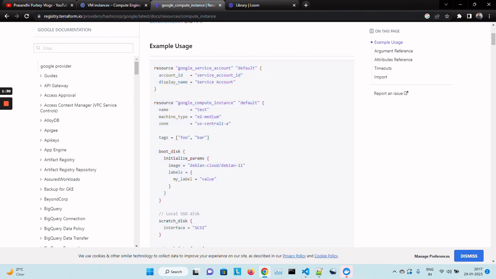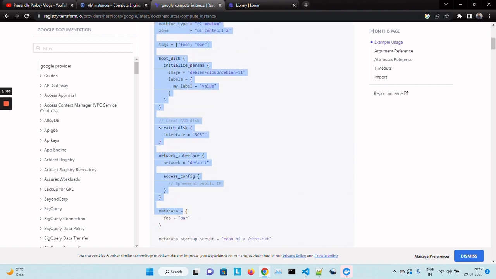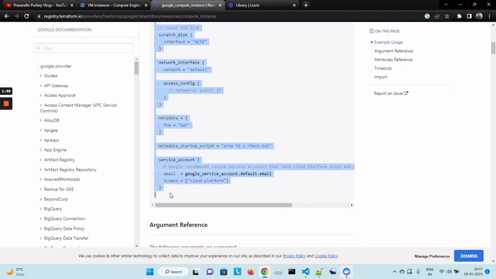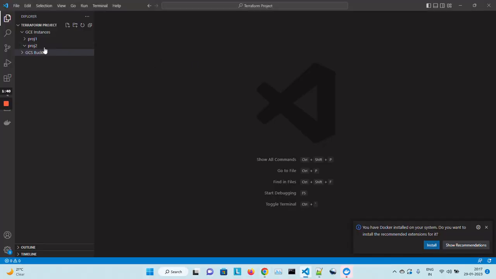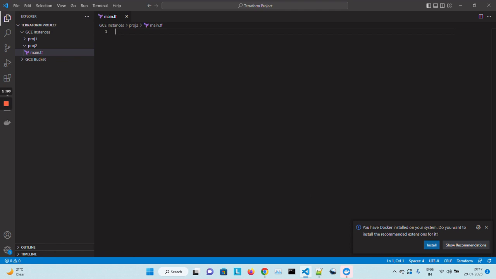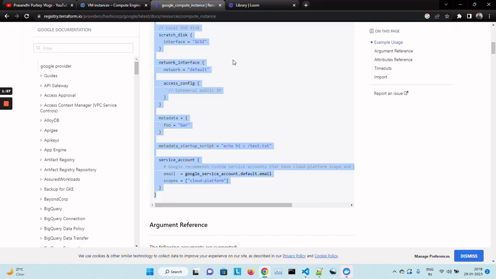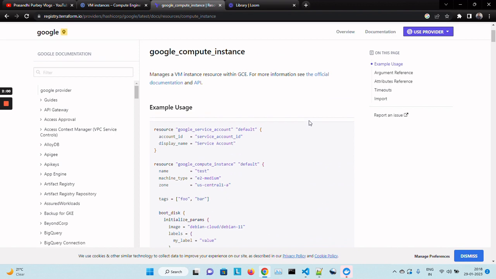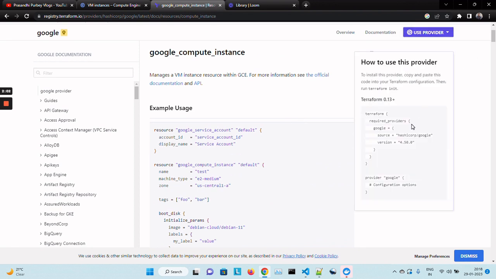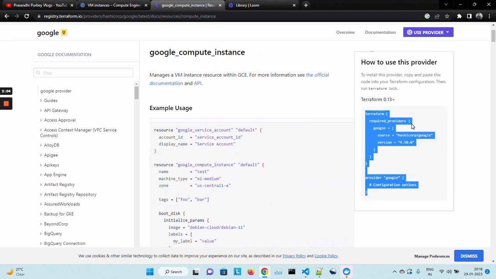create a main.tf. Control C. In this project2 folder there is nothing inside. Main.tf, and paste the example code. Save it. Now you need a provider. You can use the provider from here. Control C,